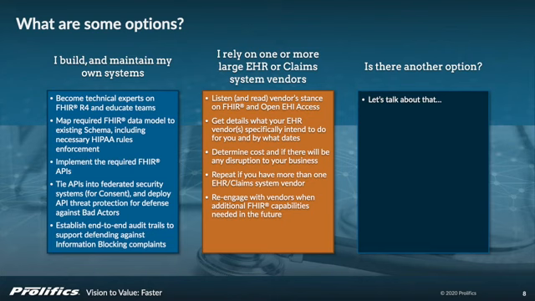And we'll talk about that a little bit more in a minute. Regardless of which one of these buckets you fall into, it's always nice to have an option. You may have a scenario where you build your own systems, but your technical teams are not up to speed, and you don't know if you're going to be able to make the mandate dates by the deadlines, implement everything that you need to implement in order to what is effectively making access to your healthcare information systems directly onto